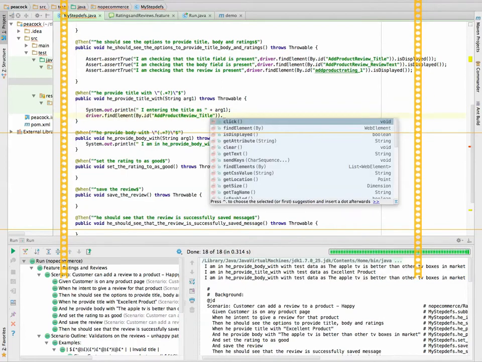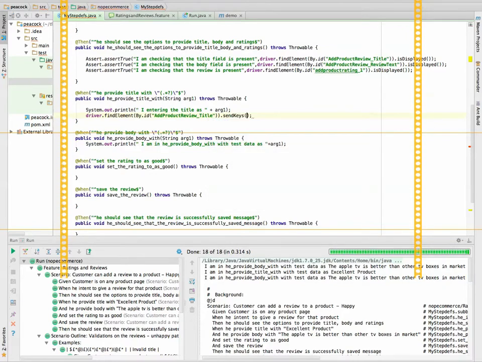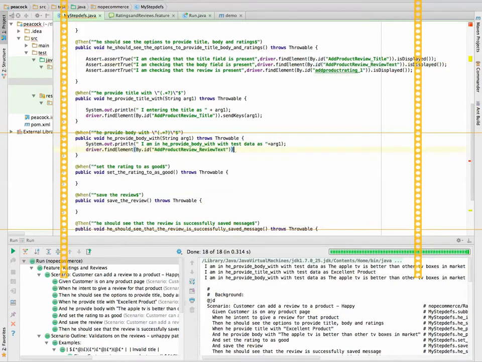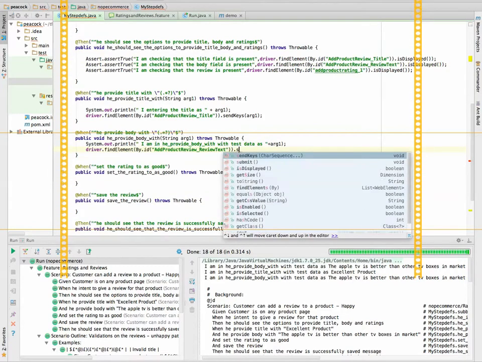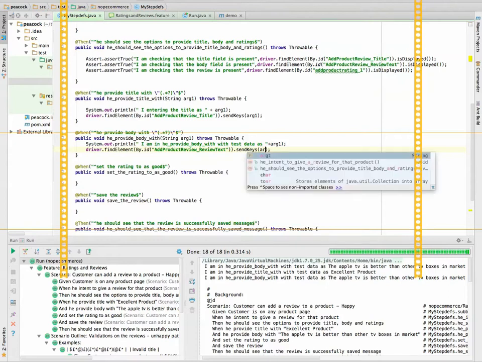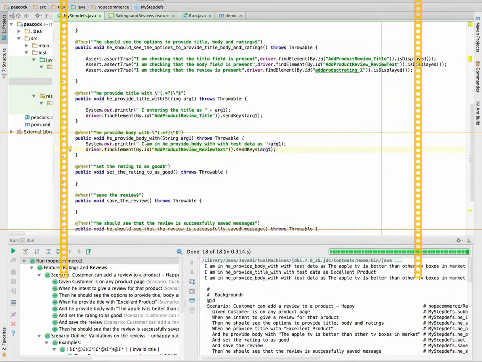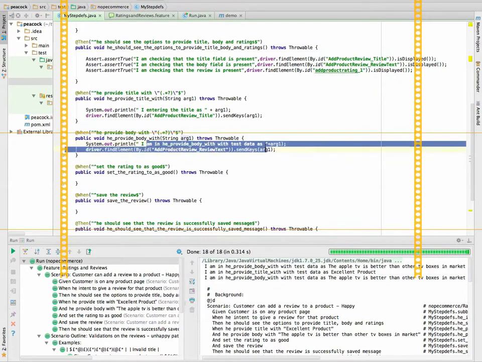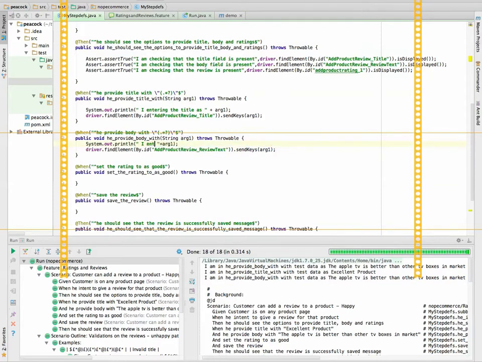What is the method to type the keys? Yeah, okay. The same way. This is all cakewalk. Even small kids can do all these things. Okay, sendKeys. Okay, so I'm in. Entering the review as,